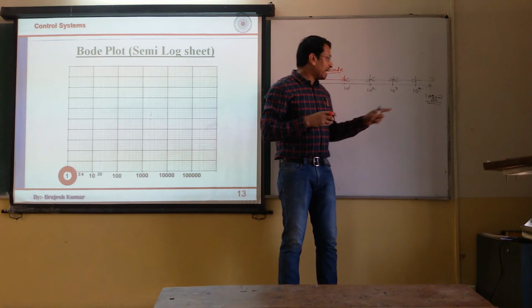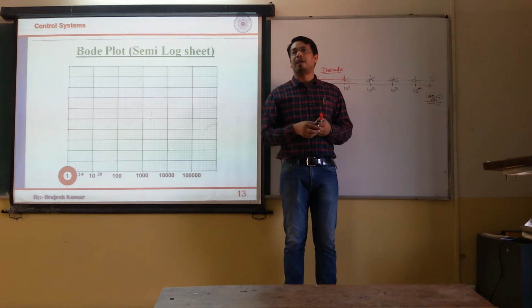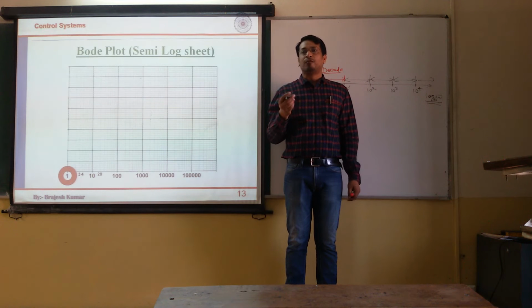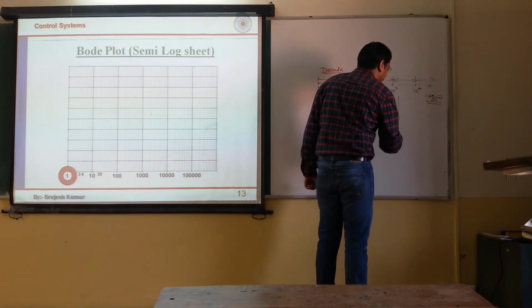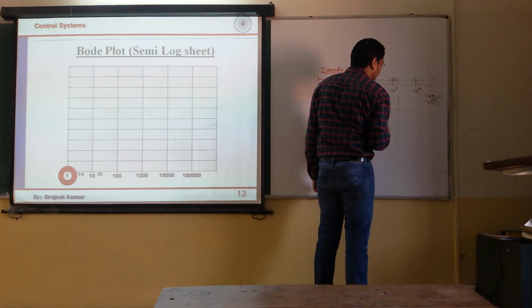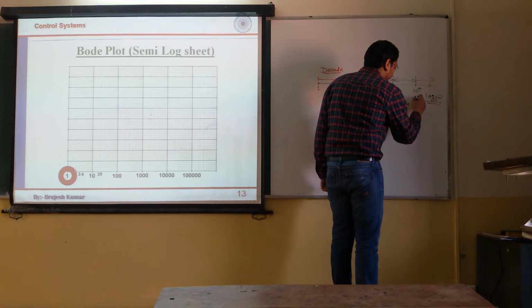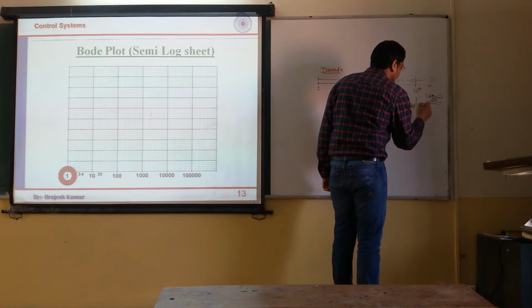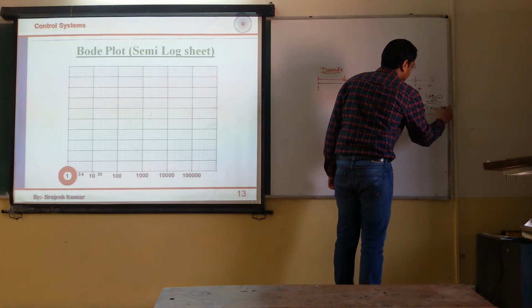Now you are interested in the value of omega. You are varying the value of omega. Omega is nothing but the frequency of your sinusoidal input. So you are interested in the value of omega, correct? So you will take omega and, whatever the value may be, you will find M in dB, and here you will try to find phi in degrees, correct?